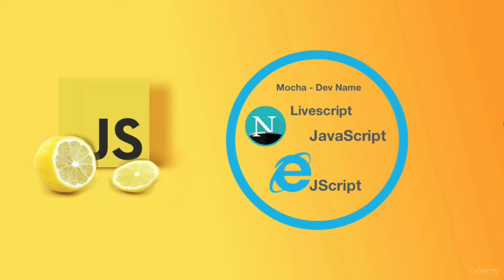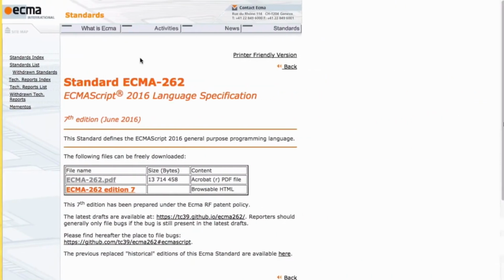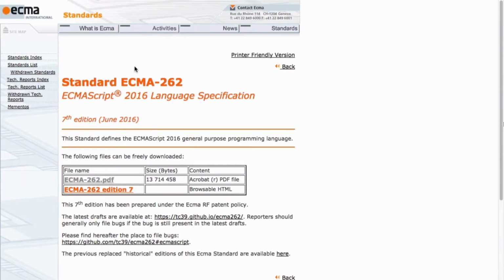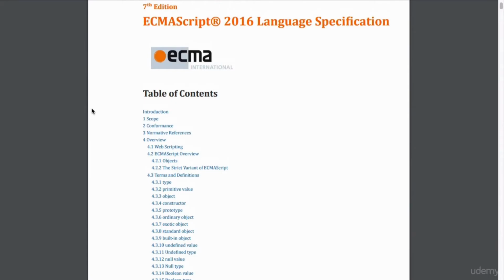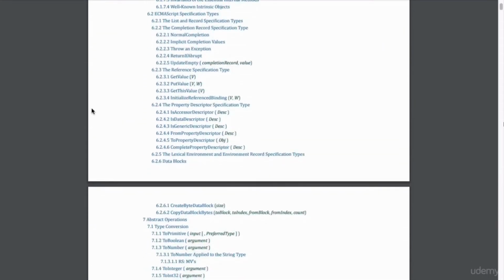So what they did was they went to the European Computer Manufacturers Association, hence the name ECMAScript. Since ES1, or ECMAScript version 1, there have been many revisions. The most notable is ES5 in 2009, and now in 2017 we have ES6, which adds additional features to this language. You can visit the ECMA website to find white papers on the standards of this language, to understand how it is supposed to work under the hood and what browser vendors should be adhering to.